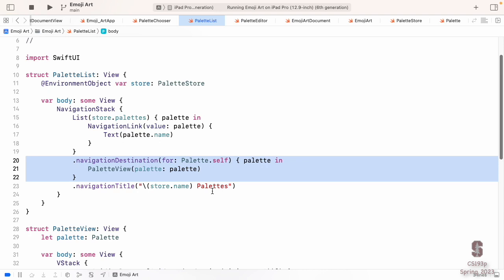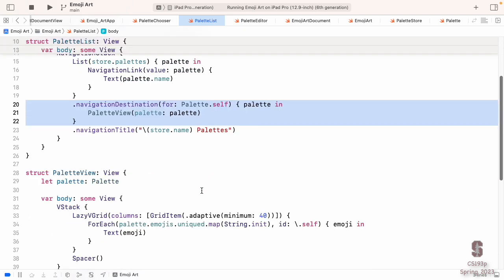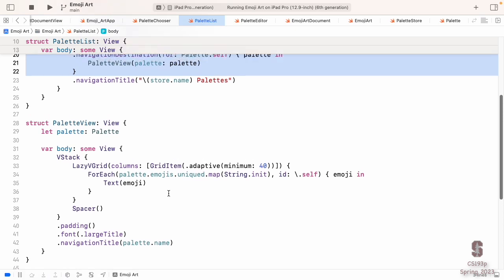The other thing I will say is for kind of nice programming style, put the navigation links and the navigation destinations that go with them close together in the code. Even if it means you have to kind of factor some stuff out, having them close together helps someone reading your code understand what's going to happen here. So notice these two are close together, and then down here, we're going to make another one. We're going to put these close together.